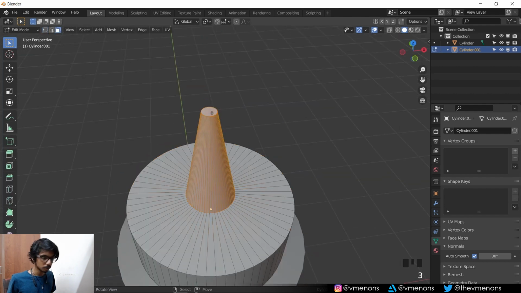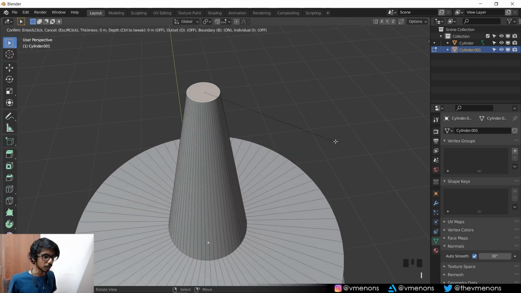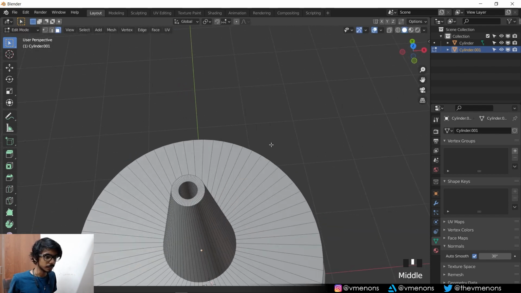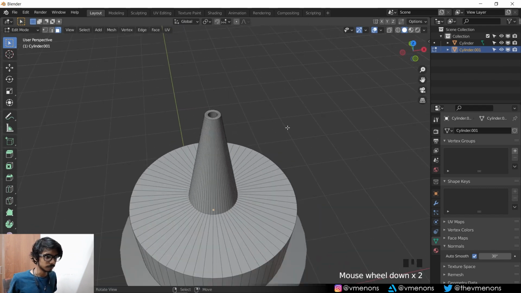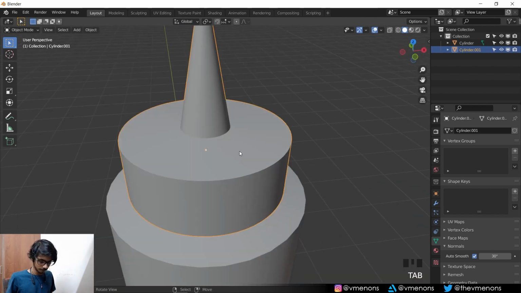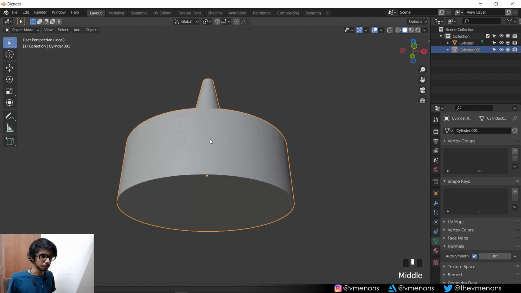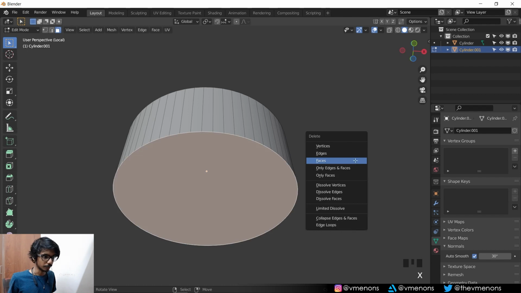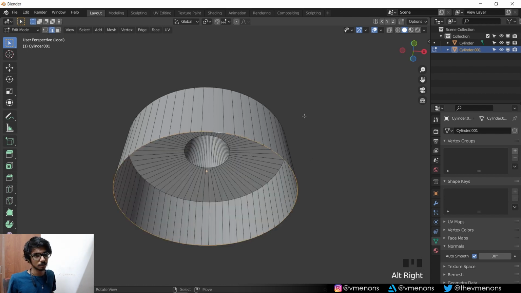And also you can delete this face. You can inset this, extrude it in a little bit like that, and delete it, and now you have the hollowness of the cap, I guess. I press slash to go into local view, and I'm just gonna delete this face because it's not even gonna